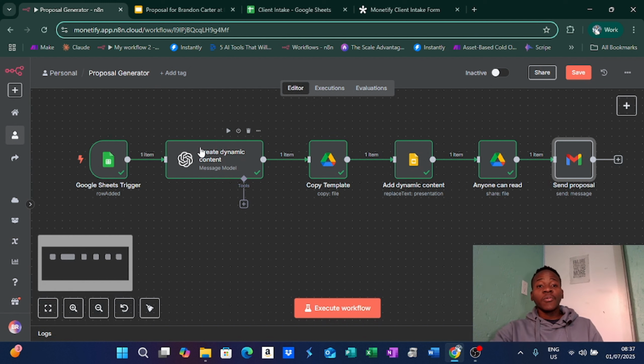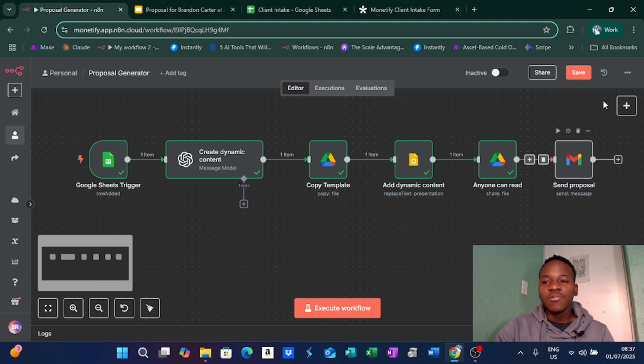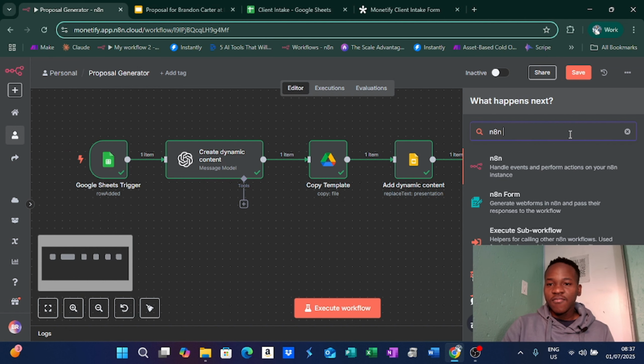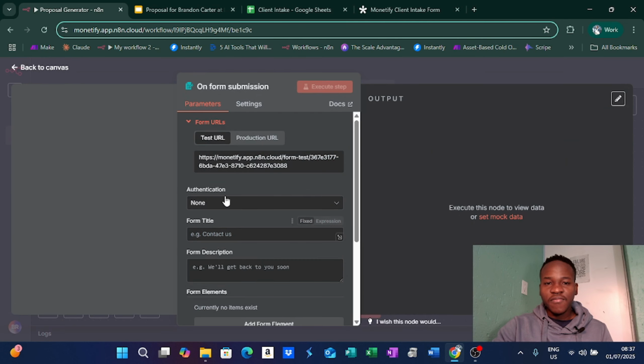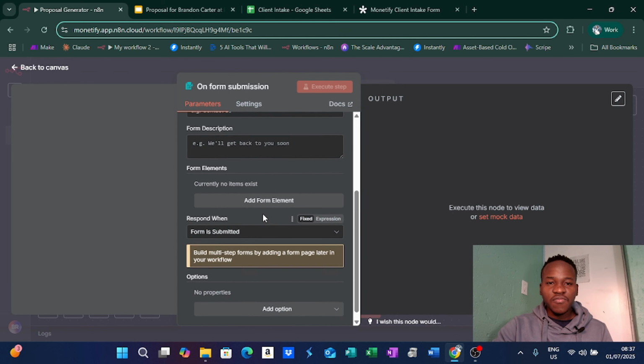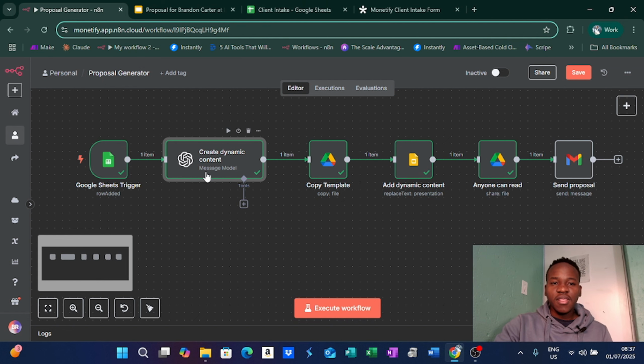Now, let's try to make it ourselves. It's a simple and easy thing to make. Like I said, you're going to need a Google Sheets trigger, or you can just fill it in with an N8N form, and then just on a new N8N form event, create your form right here. That's also another way to do it, but I prefer to have a more branded approach. And then take that form data,